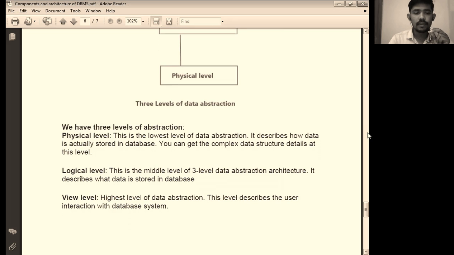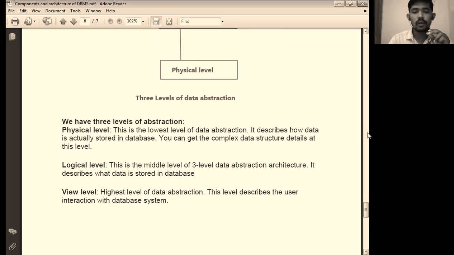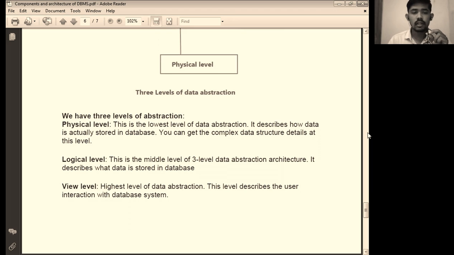Next, the logical level, this is the middle level of abstraction. It is used to describe what data is stored in database, means which kinds of data are stored in database is described by using logical level of abstraction.